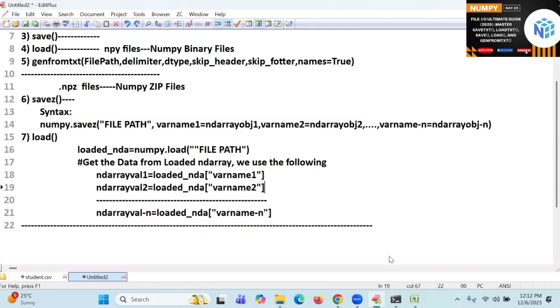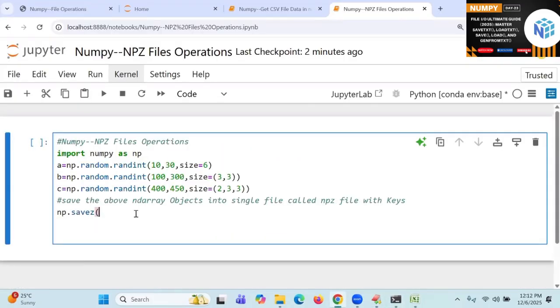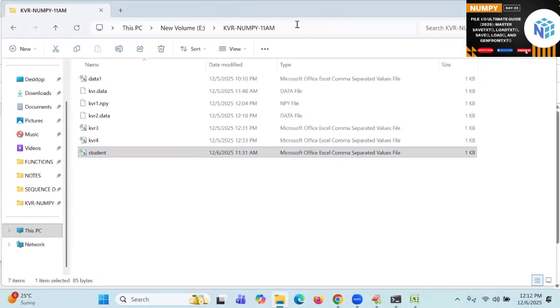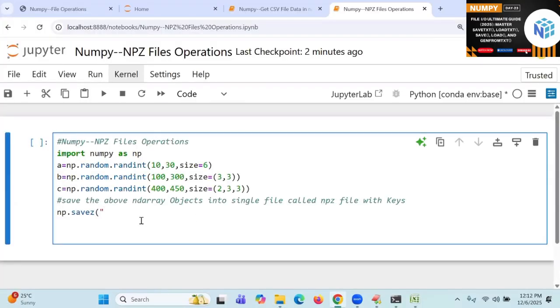How to give it? Go to the place, here I am going to write it. Say the file path in numpy. I will go to my location only and get it.